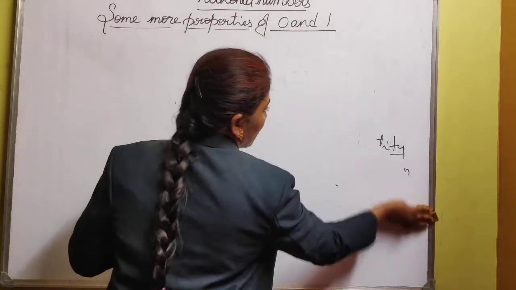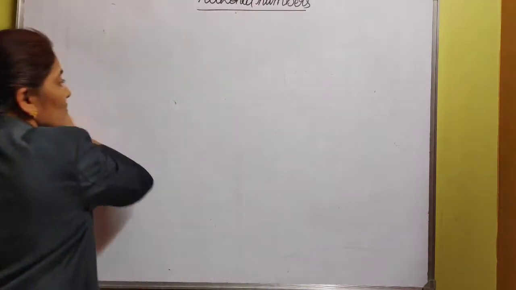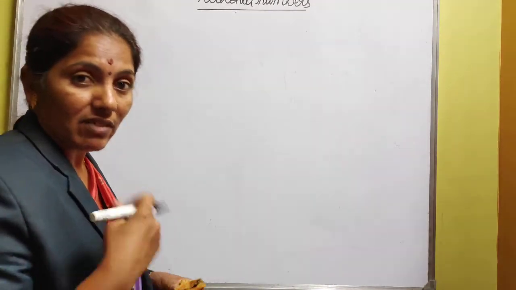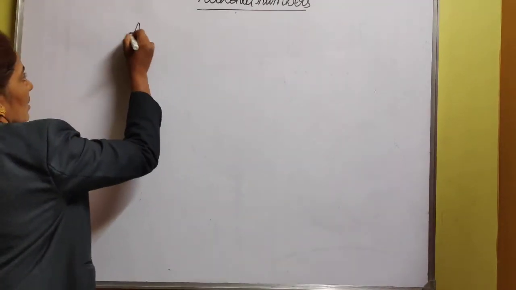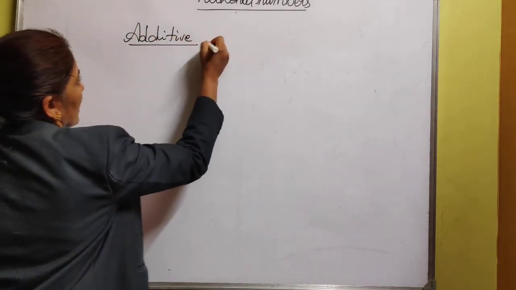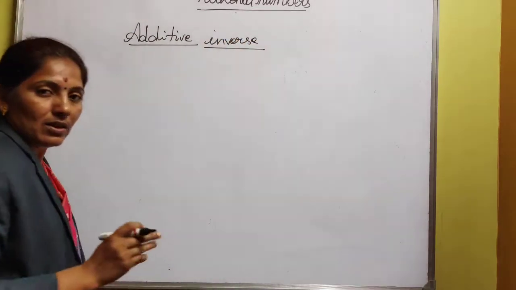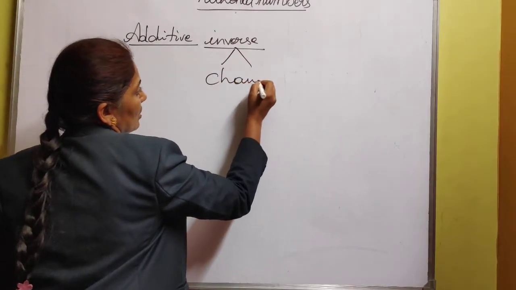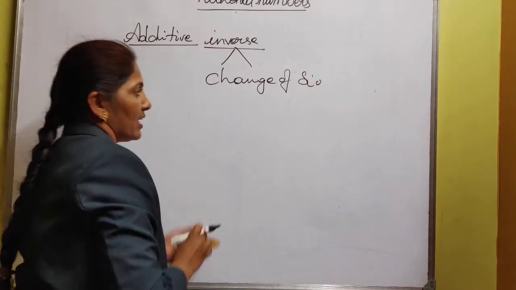After that we will learn about negative numbers and positive numbers. We are going to learn about the additive inverse. Before, I told you about the additive identity and multiplicative identity. Now you will learn about the additive inverse. Inverse itself tells you the change of sign. When I say the change of sign,